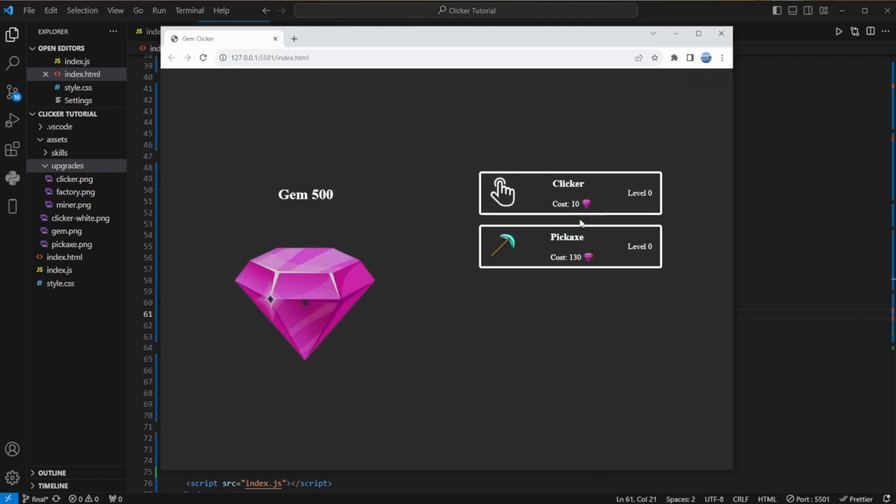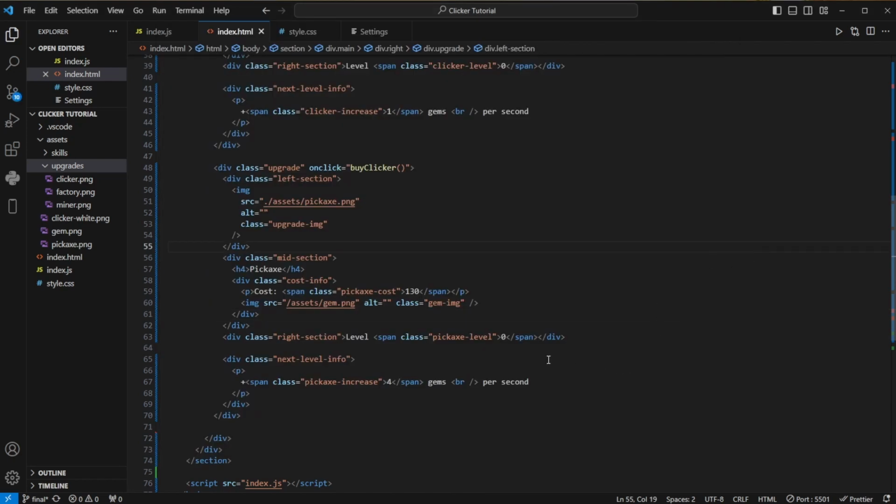Okay, we go back. Nice. Pickaxe 130 and 4 gems per second. Oh, sorry. So 4 gems per second. Nice. So now we can go to the